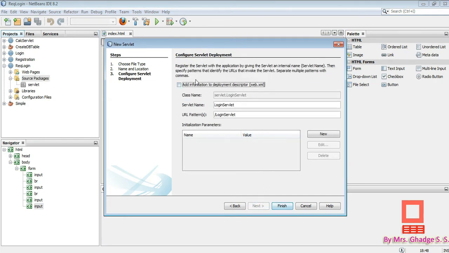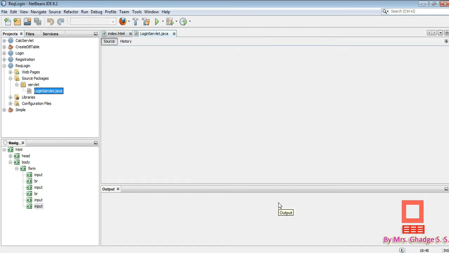Okay, so here is the configure servlet deployment box. We do not need to change anything here, because if we select this check box, then it will create the web.xml file and enter this servlet information, but we are using annotations instead of the web.xml file, so we don't have to select it. Just click on finish.